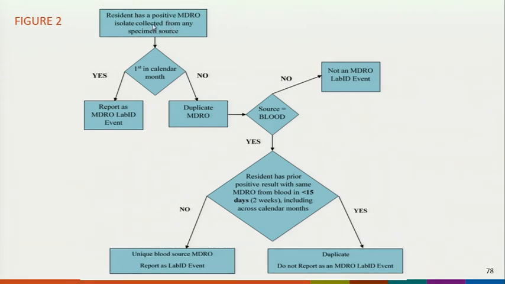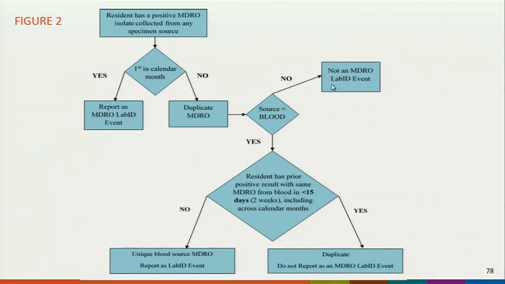So our first box is: the resident has a positive MDRO isolate collected from any specimen source. Yes, we answer yes to that. Is it the first in the calendar month? If it's yes, then it automatically gets reported, no matter what. Yes, it's reported. But if it is not the first specimen in the calendar month, no, it's a duplicate MDRO unless, go over here, the source equals blood. If the source does not equal blood, so no for not blood, then it is not an MDRO LabID event,